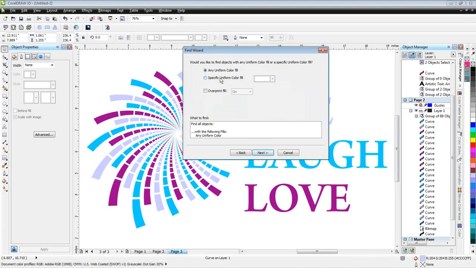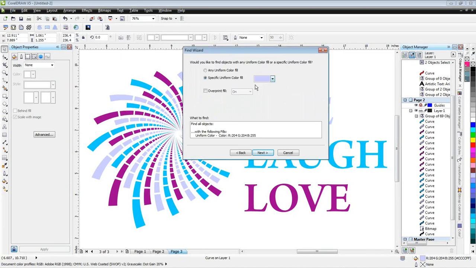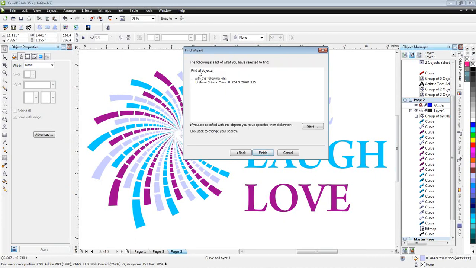And I'm in a specific uniform color. I want that color, that light kind of lavender color right there. So I'll drop down this menu and I'll grab that eyedropper right there, and I'll just select it over the top of this color. You can see we've got it matched up there, and I'll select it. Yes, that's the color I want. I hit Next, and it's telling me the results of what it's going to do with the following uniform color. I tell it Finish,